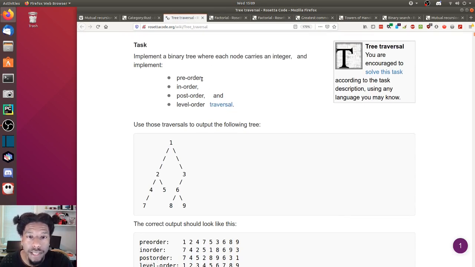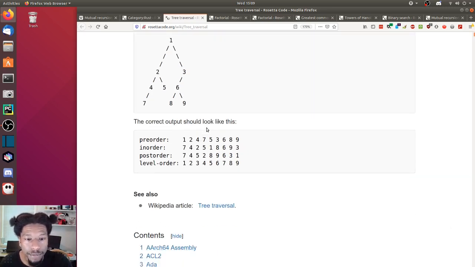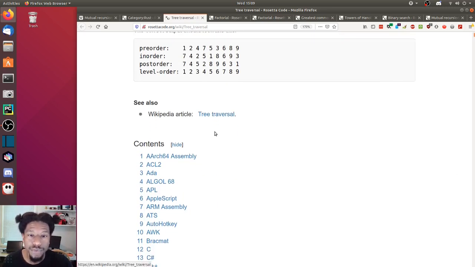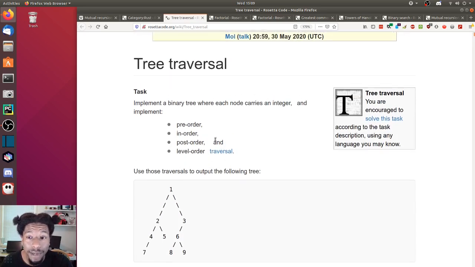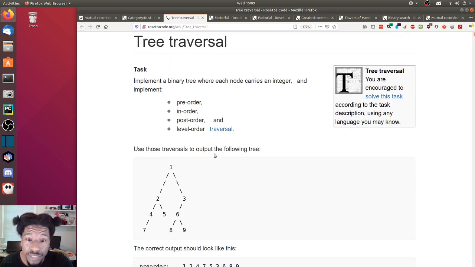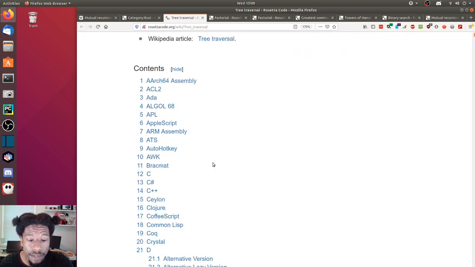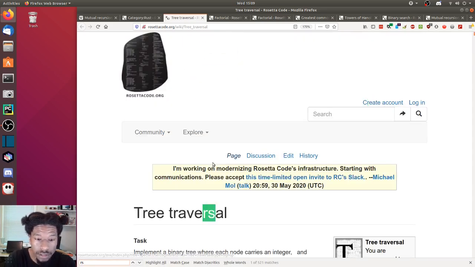More or less, they want us to be able to traverse the trees in order, pre-order, post-order, level order, yada, yada, yada. That is not the part I care about for this example, or at least for what I'm trying to demonstrate. What I care about is how they went about inserting the stuff into the trees, and you'll see in a second. So if we go to the Rust section,